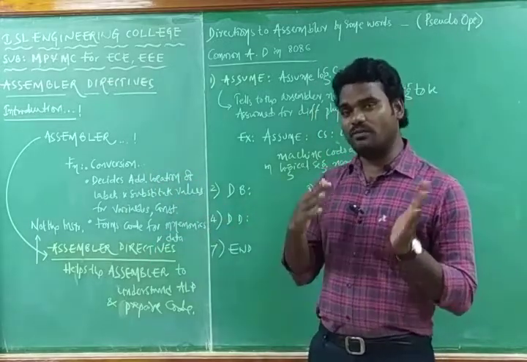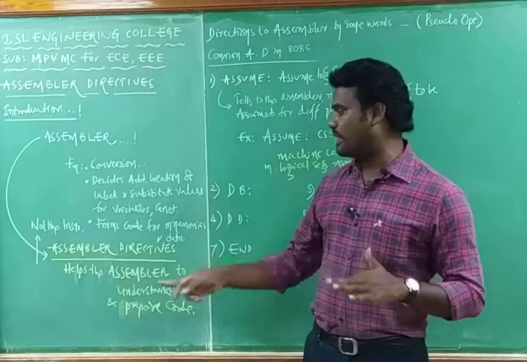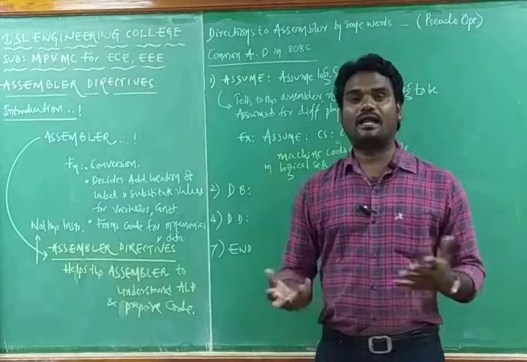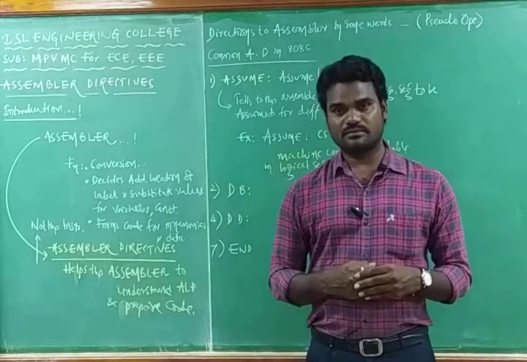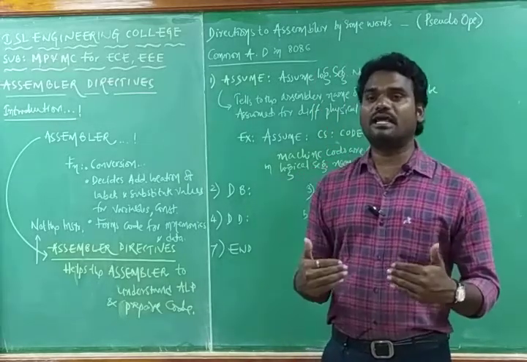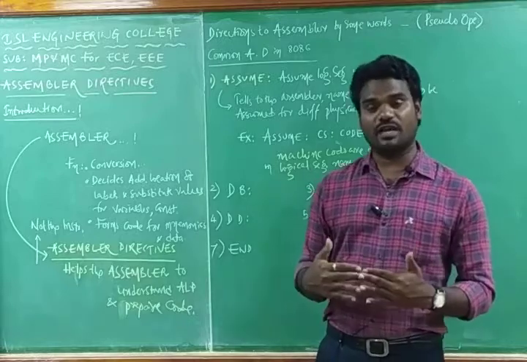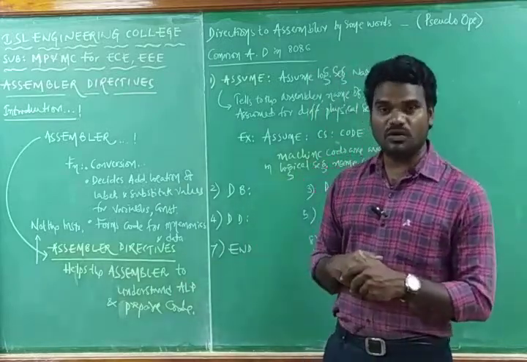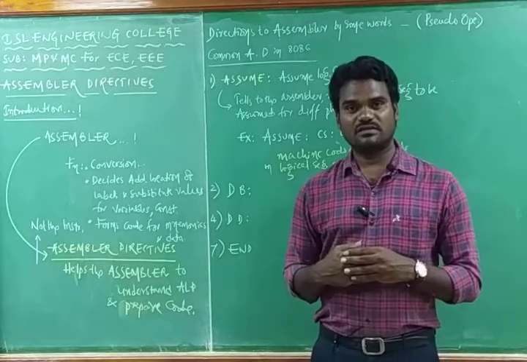And again that mnemonic is converted into machine form, and again it is going to form the code for the data. Data may be an operand. In the assembly text, if you have constants and variables also, those can be substituted by the machine code, and that is in zeros and ones.